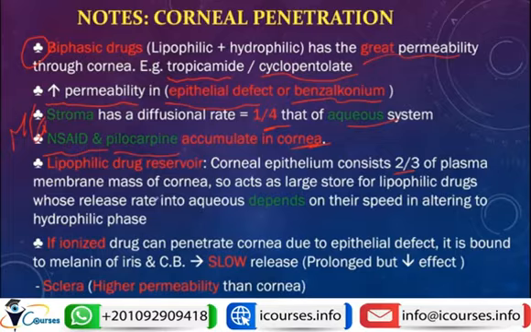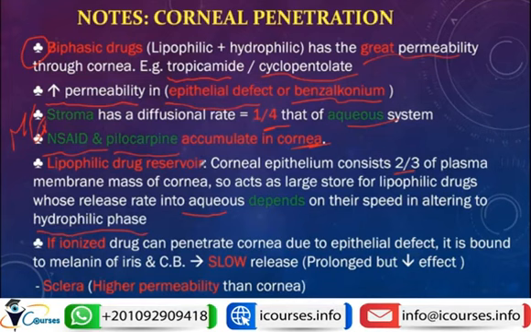Since the amount of lipid in the plasma membrane is high, the drugs will be stored in the epithelium of the cornea, leading to slow continuous release into the aqueous. This slow continuous release will depend on how much of this lipophilic drug changes into the hydrophilic form. So again, if you are confused,